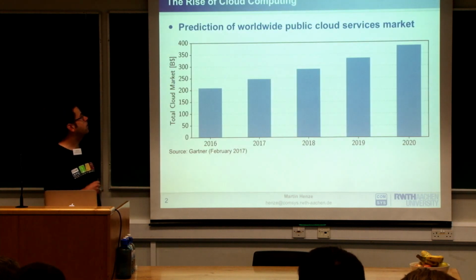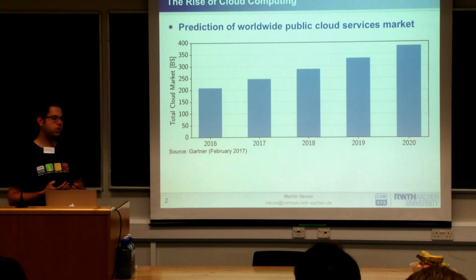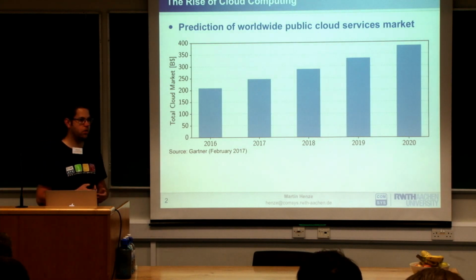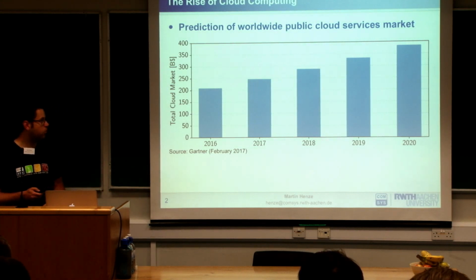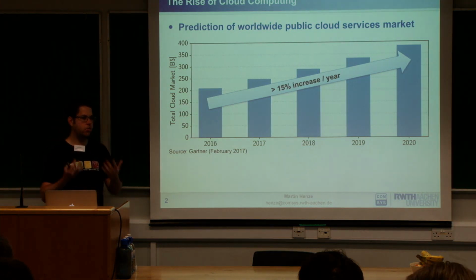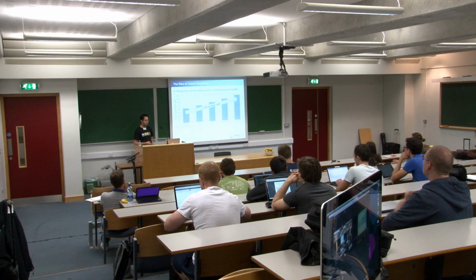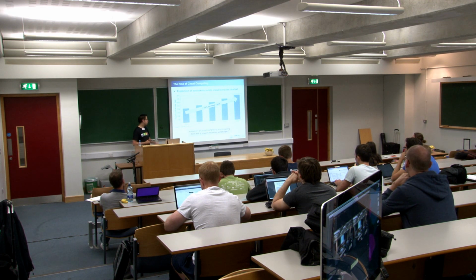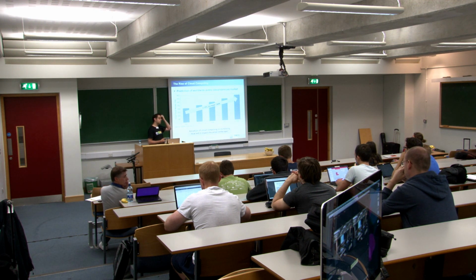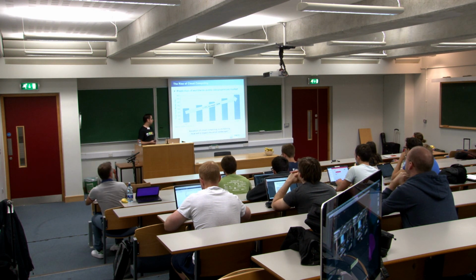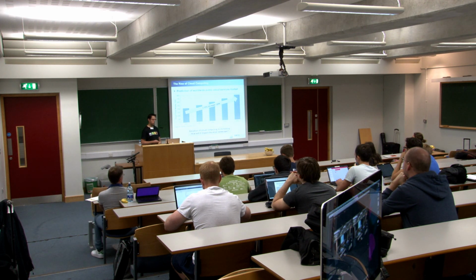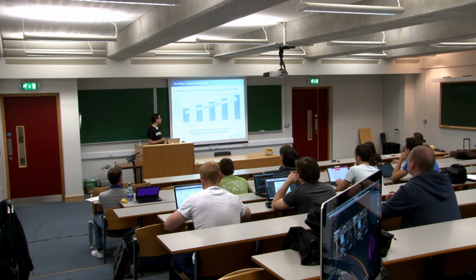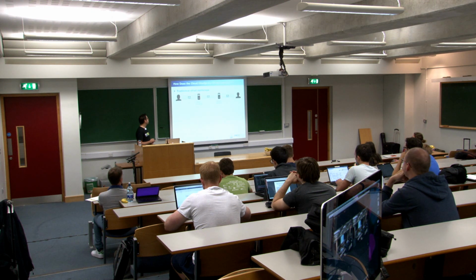So what motivated our work is the rise of cloud computing. This is just some number from Gartner. You can take any numbers, and the important observation is that there is an increasing use of cloud resources. And specifically for this paper, we asked: what is the impact on the email landscape? There are a lot of impacts of the growth of cloud computing, and we specifically focus on the email landscape. And so we set out to ask, what does the email landscape traditionally look like?